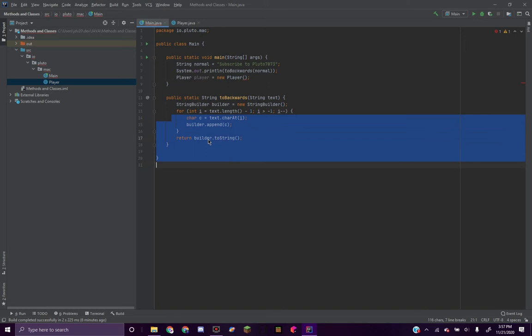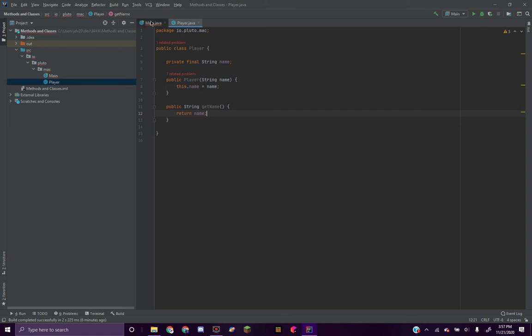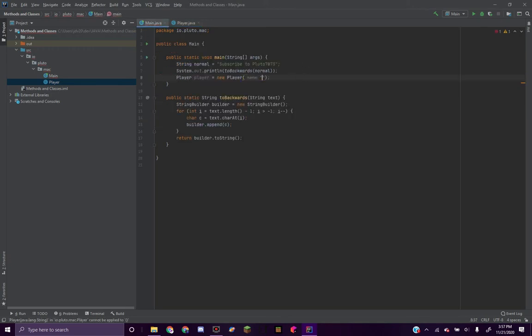This method does. So this doesn't do that because this is not a string builder class. So in here you will see this red line. It's because we haven't specified this string that it says to specify there. So you'll need to add some double quotes and specify a name like Pluto. So now we have created a new player named Pluto, and then we can also say